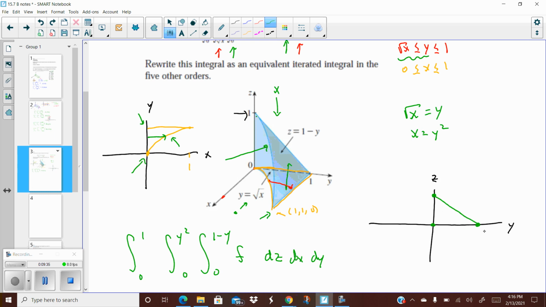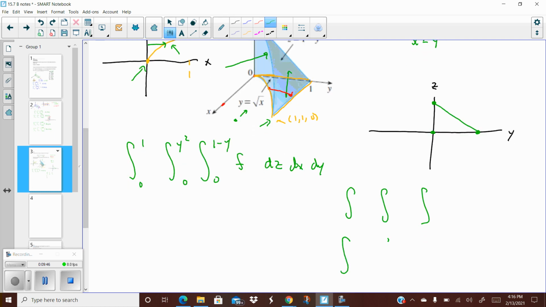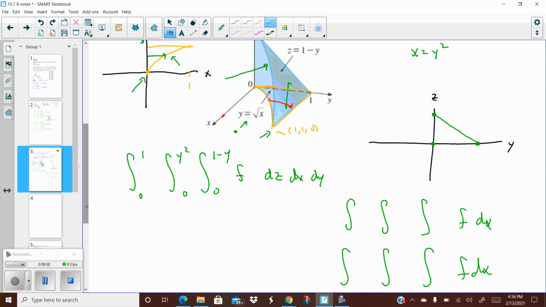All right, so now let's figure out how to set up these integrals. This is going to be our third and fourth integrals. As a matter of fact, I'm just going to write both of the sets down. In this case, dx is going to be the innermost piece on both of them, and then we'll either do a type 1 or a type 2. So let's figure out what x is going to vary from. All right, so x is going from,